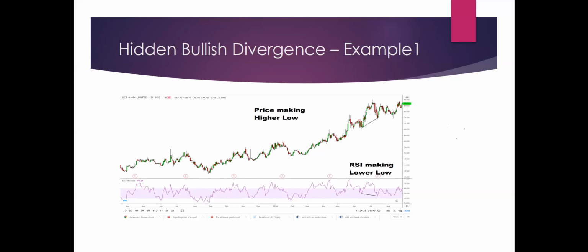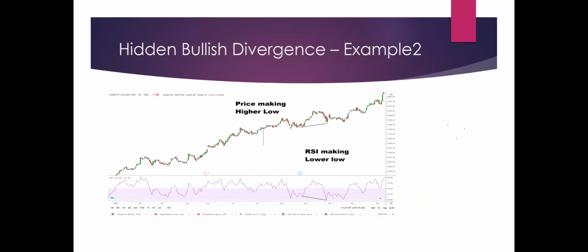This is one example. Another example is again the Maruti Suzuki script. Can you see this Maruti Suzuki script is in nice uptrend mode, and at this point of time it has shown hidden bullish divergence. Price has made higher low, whereas RSI made lower low. So this is a clear indication of bullish hidden divergence. One can opt for a long trade in this case also. The trade will come in the direction of the trend, and the safety will be high.